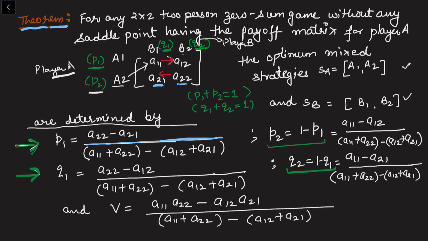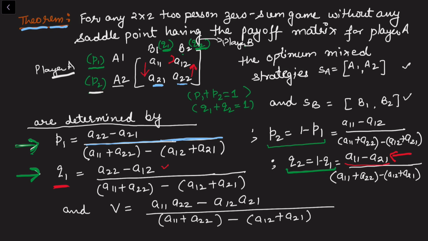Similarly, if I want to understand Q1, I'll look up the quantities which are here in B2. So you see here for Q1, this is A22 minus A1 in the numerator. And for B2, I'm going to look up the other column. Now if it is upward this way, I'm going to look downward. So this is A11 minus A21. So you can see this is the probability.